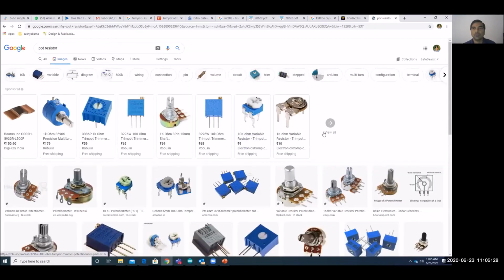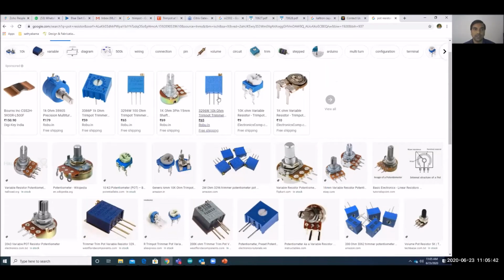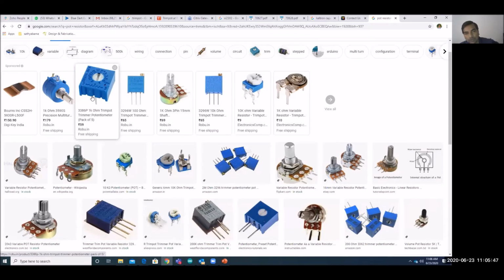Okay. So all these are pots. Okay. So these things you would have seen in the television. That is the volume resistor, and these are different kinds of pot. Depending on our application, we use them on the board. Okay. So the mounting and value and other things depend on the requirement. So we need to choose the potentiometer according to our need.